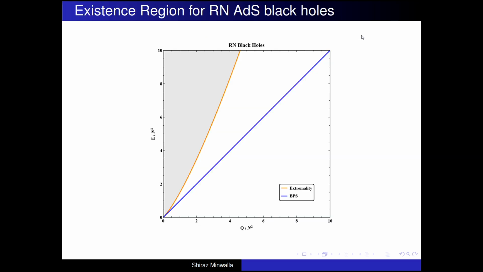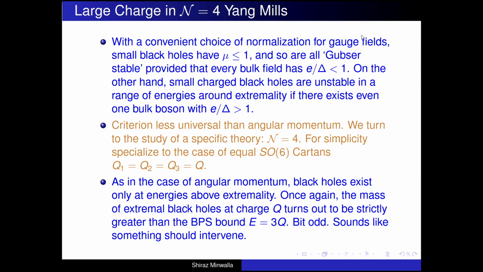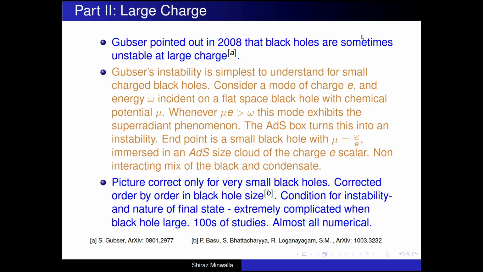Now, Gubser's instability is simplest to understand when these charged black holes in AdS are small compared to the size of AdS. Well, what happens is that if you've got a mode with charge e and energy omega, and you've got a black hole with chemical potential mu, then in flat space, this black hole exhibits the superradiance phenomenon, which is that